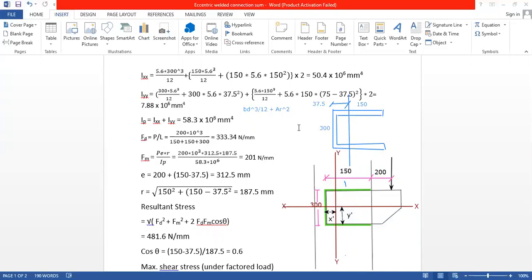In this case b is going to be 5.6 mm and this length is going to be 150 mm. So bd cube by 12, 5.6 into 150 cube by 12, plus, now we have to calculate the area again. My area is 150 into 5.6, into